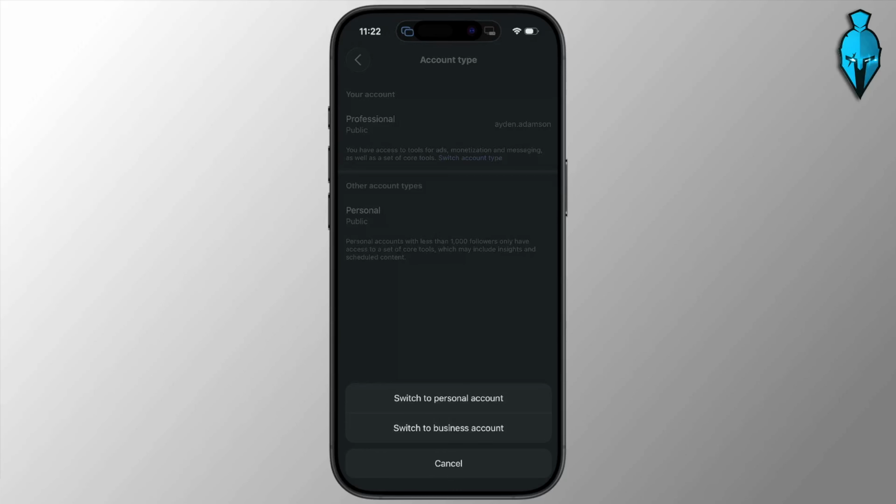going to be changed from a professional or creator account back to a personal account, which actually gives you a lot more benefits overall if you're like posting reels, because then you'll actually be able to see all of the